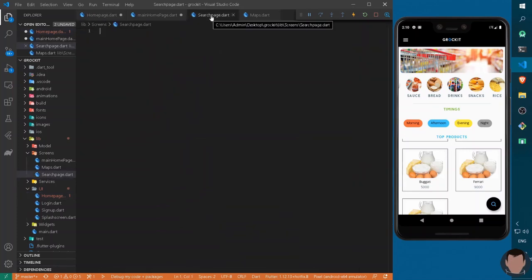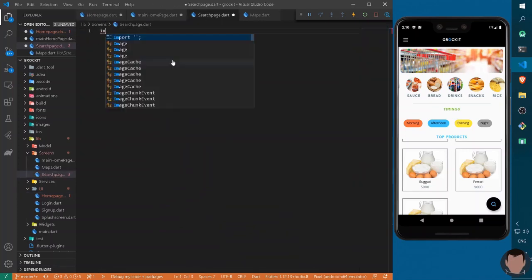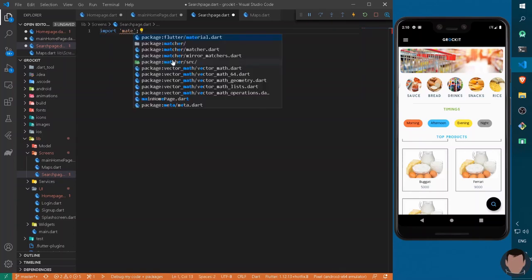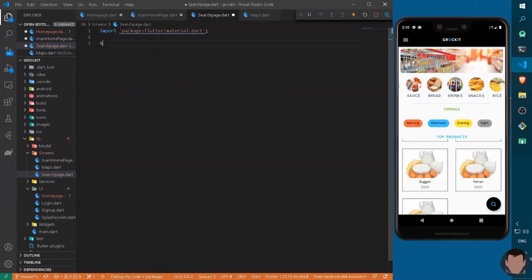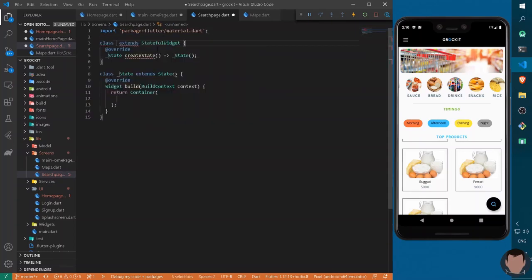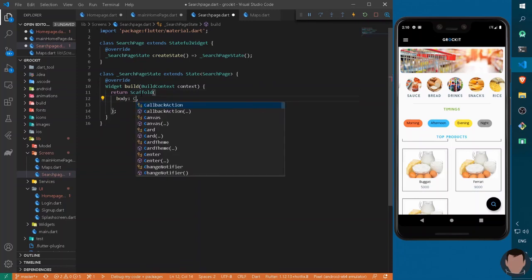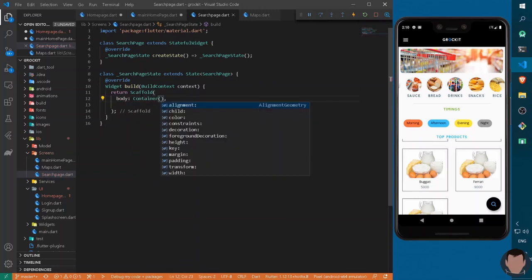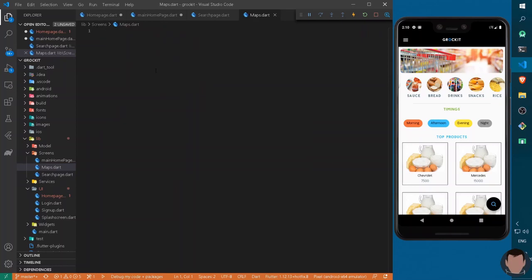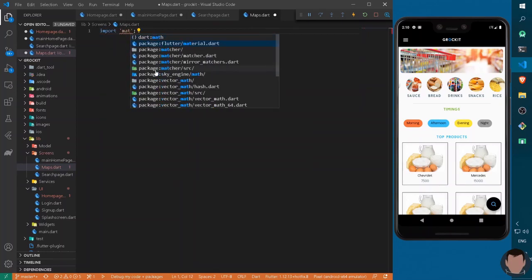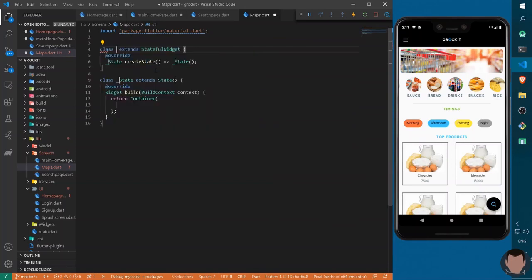So let's declare other screen, so I can write here import material.dart. Also we can declare a stateful widget that will be search page, and it will just return a scaffold for now, and it will have a body of container. Cool. Similarly in here, we can import material.dart, stl for stateful widget.